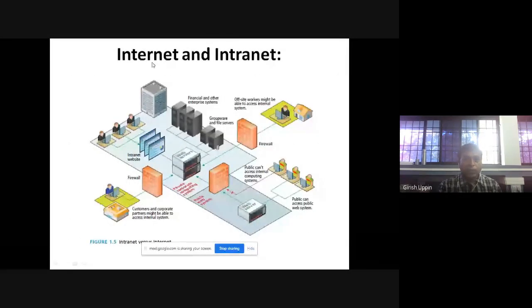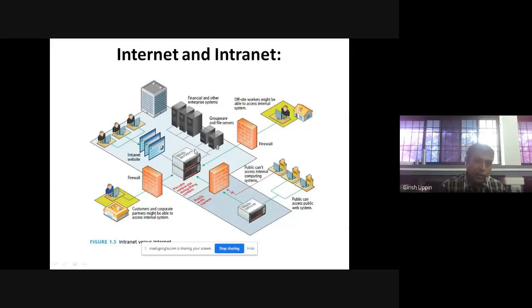Okay, this is the internet and intranet. You can see these are called firewalls. Three firewalls you can see, and inside these firewalls is nothing but the private network, the intranet. You can see the private corporate computing system. All these are interconnected, but they are connected only inside. If any of these has to be connected to the outside internet, this represents the internet outside the firewall, and this is part of the internet, and this is part of the internet.